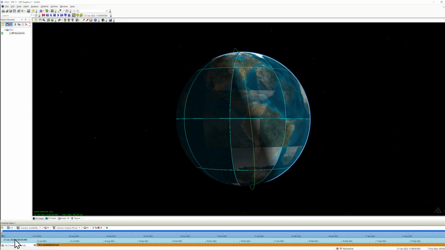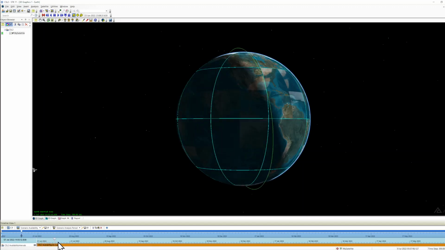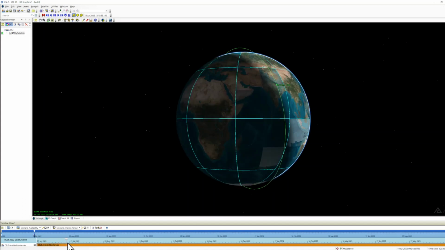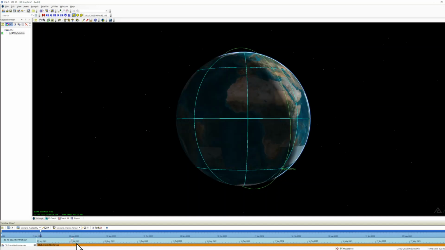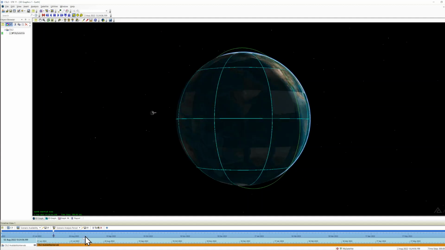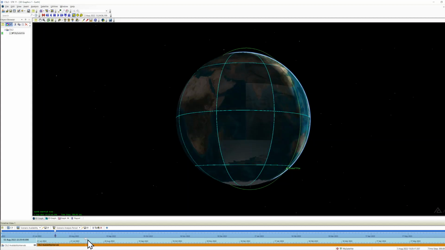and so if we are proceeding forward in time, we can see that the orbit is precessing almost 1 degree per day. This means that it will stay in sync always with the sun. Sometimes the moon appears here as well. So if we go until